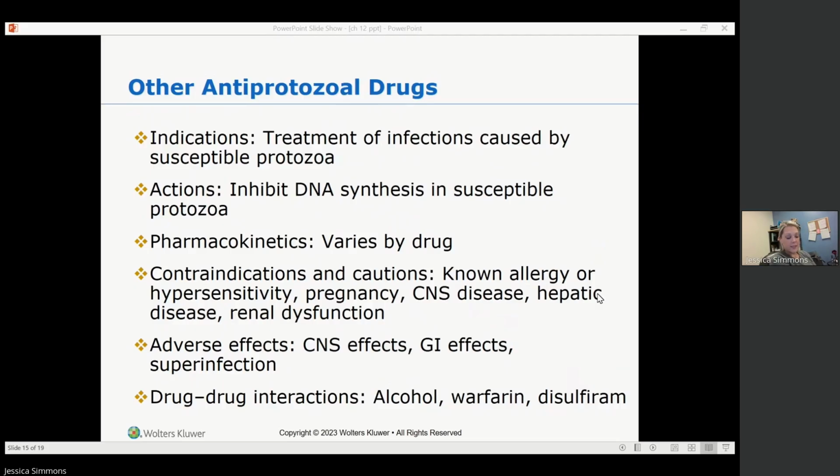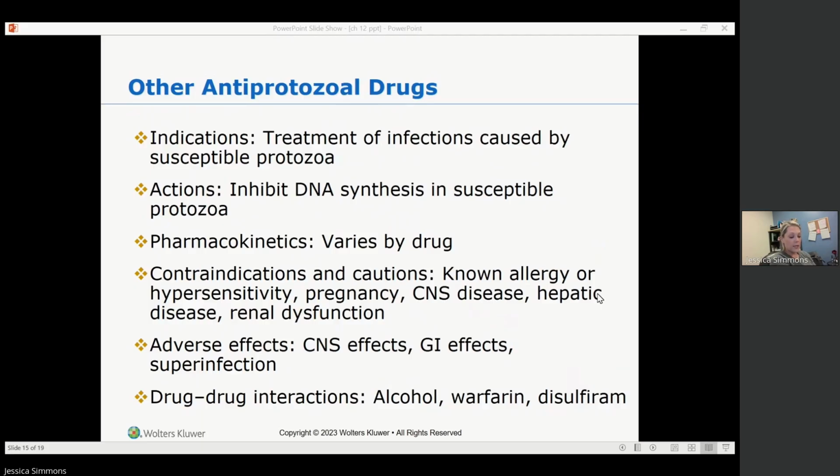This next thing that I'm going to say is important. Under interactions, it says alcohol causes a disulfiram-like reaction, which includes facial flushing, vomiting, dyspnea, which is shortness of breath, difficulty breathing, and tachycardia. Client education: avoid alcohol consumption while you are taking this medication. That is a huge teaching point, okay? It does say it on the bottle for metronidazole, but like I said, this is a very commonly prescribed medication in and out of the hospital. You want to make sure that your patient is not consuming alcohol while they're taking this drug.